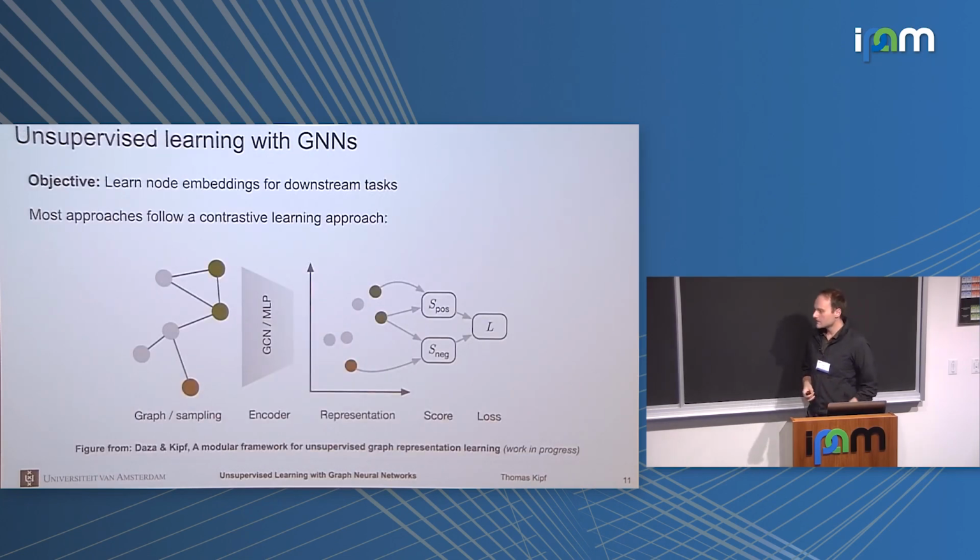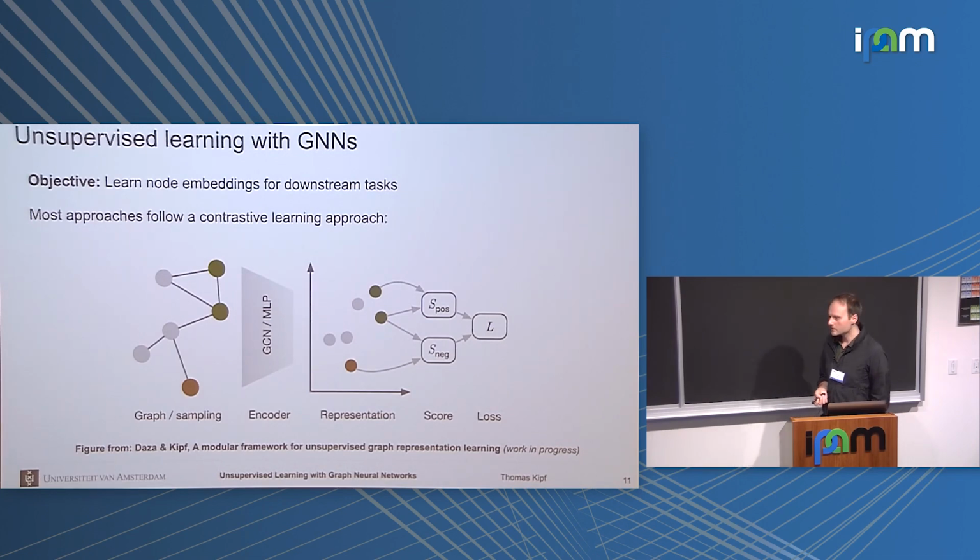And so this is just a very quick overview of how you would do supervised or semi-supervised learning in the simplest case with these models. Of course, there are many extensions that you could come up with. Now, the last point, graph autoencoders, already gives you an idea of how you could use these models for unsupervised learning if you really only care about learning node representations, but you don't know what the downstream task would be, like if you want to do later link classification or node classification. So the objective in this part of the talk will be to learn node embeddings for certain downstream tasks.